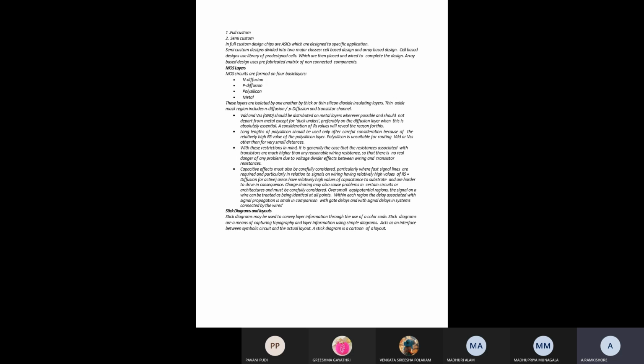Before going to fabrication, we have to check all the input and output terminals, so that they are included in the design. For example, we use so many ICs in our laboratory.